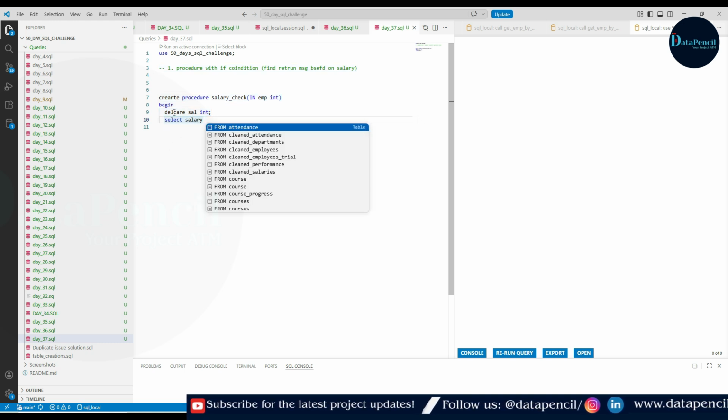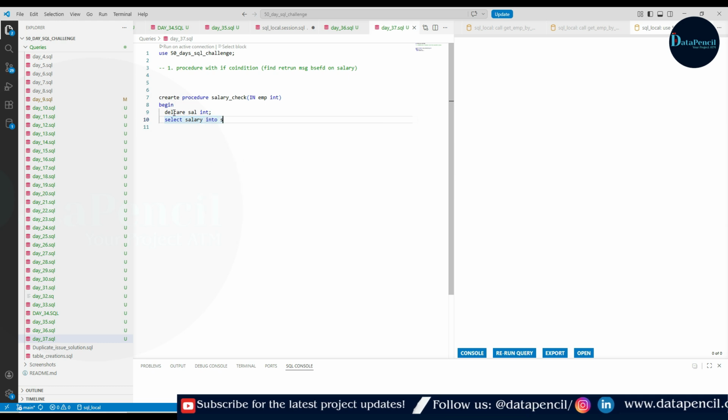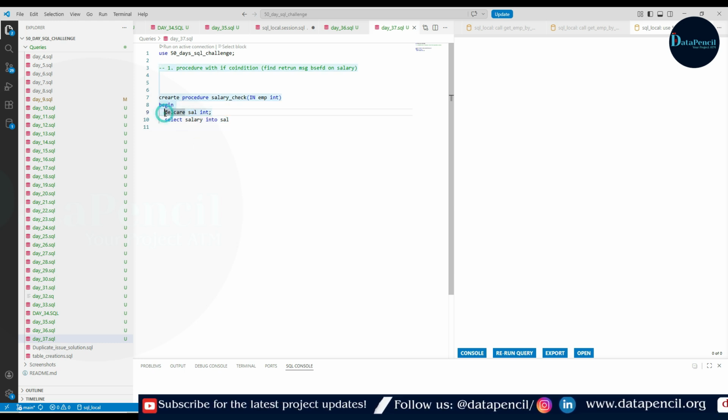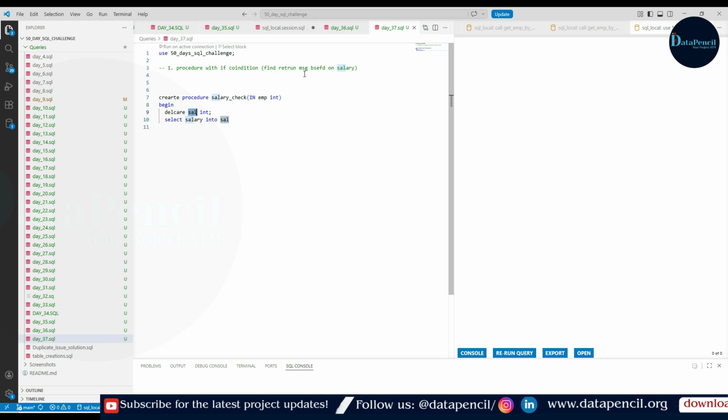Listen carefully to what this sal is. It is a variable that we are creating. By writing declare sal int, we have created an empty box where the value of the sal variable will get stored, and the data type of that data will be integer.